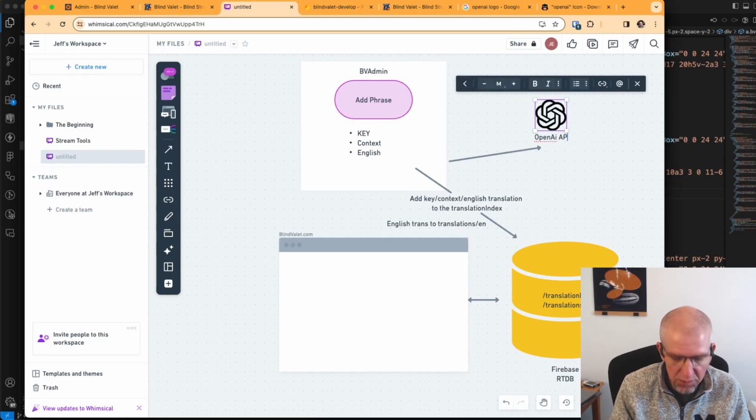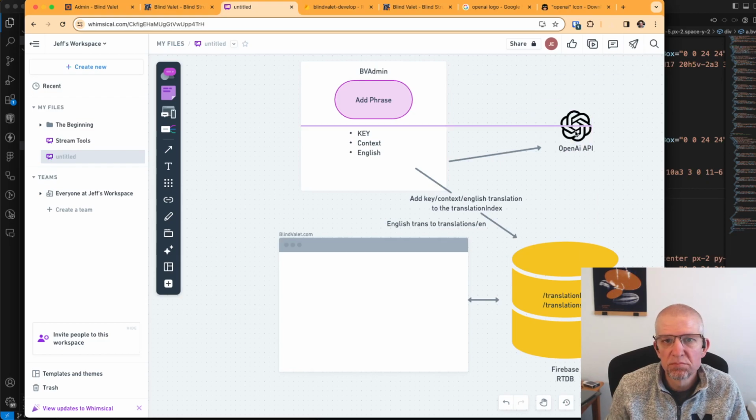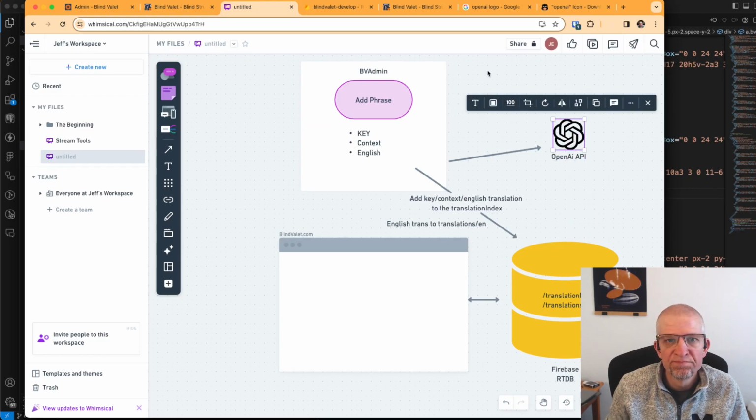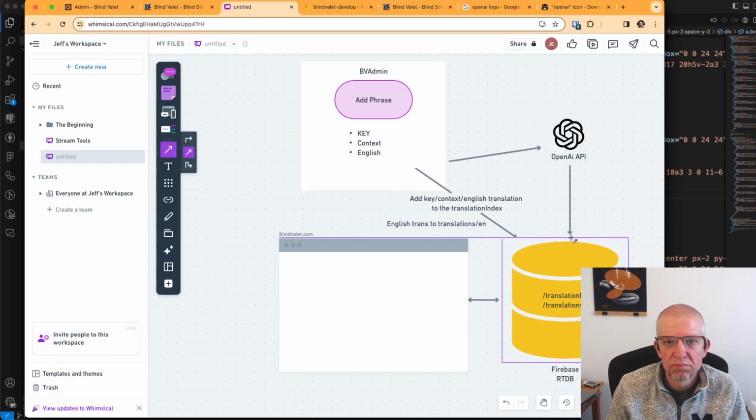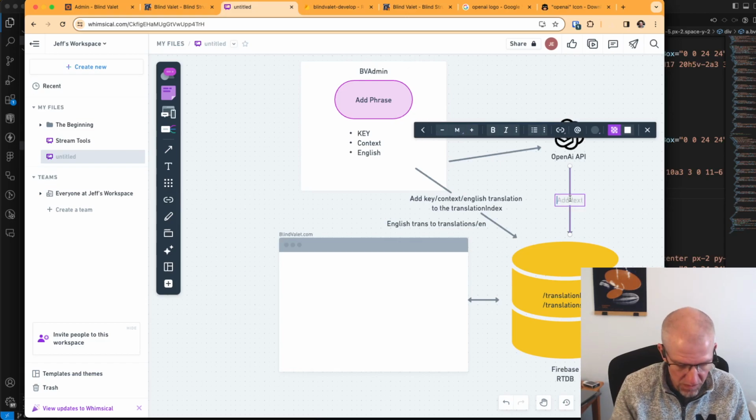OpenAI API. Translation for all languages found in